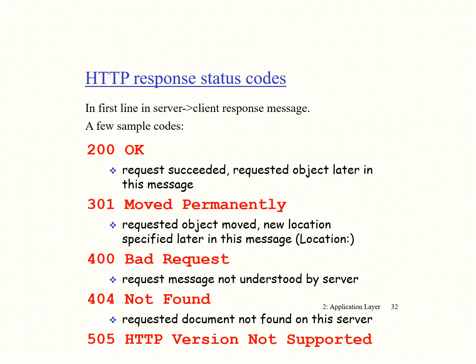These are some of the codes displayed on the client side, and each code represents the status of the corresponding request. 200 means the request is okay and the requested object will be in the coming messages. 301 means it is not available and has moved to a new location. 400 means it is a bad request, that is, not recognized by the web server. Likewise, 404 means the requested page is not found on the web server.